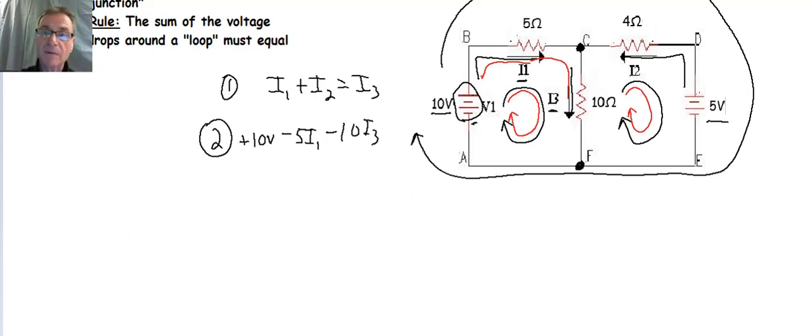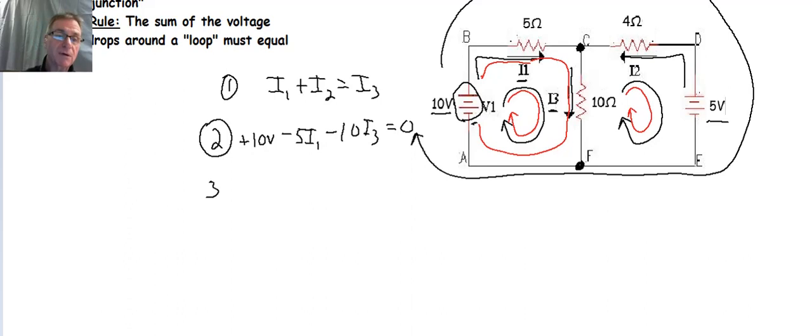Okay, and then we continue around our circuit. Are there any more elements? No. And I come back to my battery. I'm done with that equation. And what does all this equal? Well, we said that it has to equal 0. Okay, so we're going to set all that to 0. All right, I've got 2 equations. I've got 3 unknowns. I still need one more